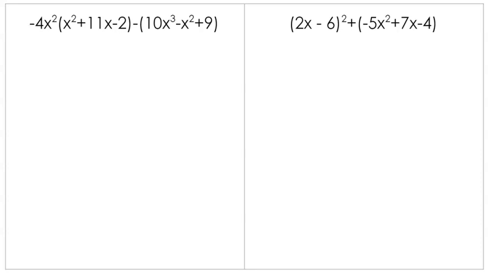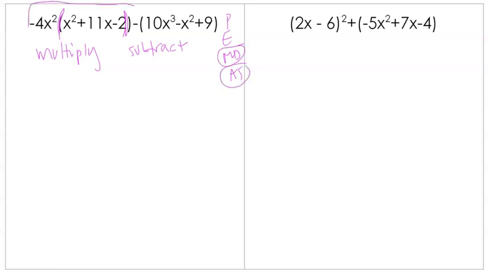So if we look at this first one, we have negative 4x squared times, so we're going to multiply it by x squared plus 11x minus 2. And then we're going to subtract. So we have to multiply, and then we have to subtract. So we always want to make sure we're following order of operations, that PEMDAS, which tells us that we multiply and divide first, and then we add and subtract. So we're going to want to take care of this multiplication problem first, and then do that subtraction at the end. So we're going to multiply negative 4x squared